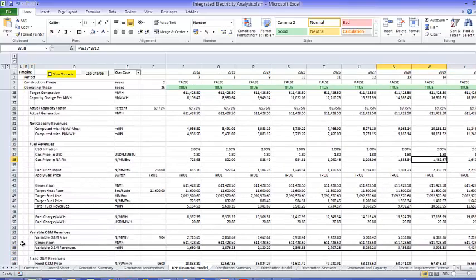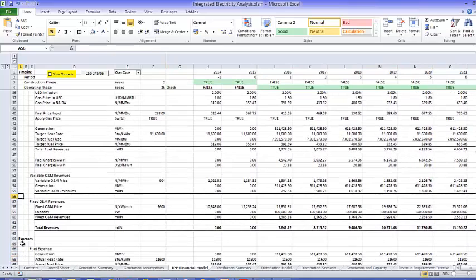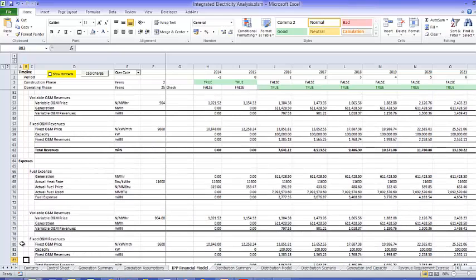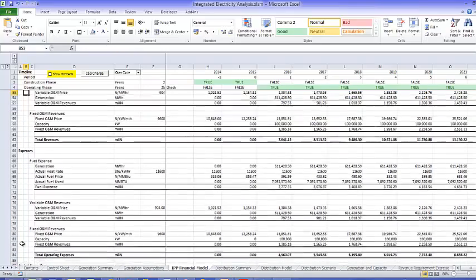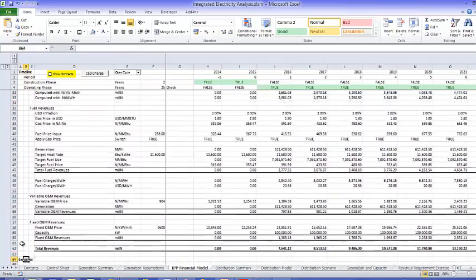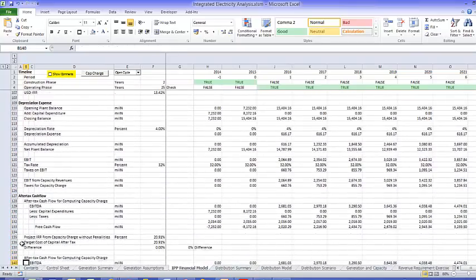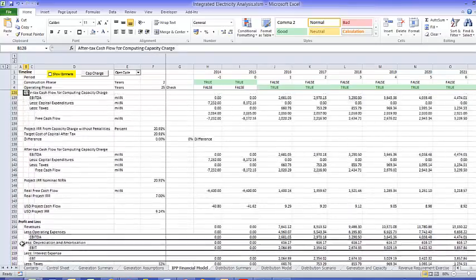And we put the gas price in both US dollars and Naira, but when we put the revenues in, we put them in millions of Naira. Variable O&M and fixed O&M were in millions of Naira again. This was the revenue components, excuse me, the expense components,